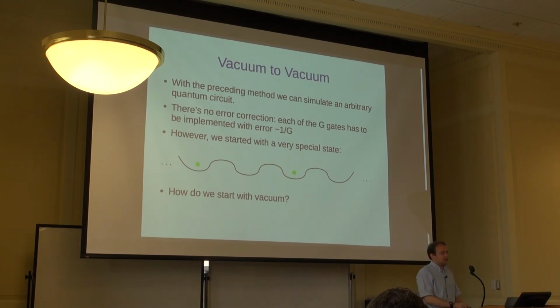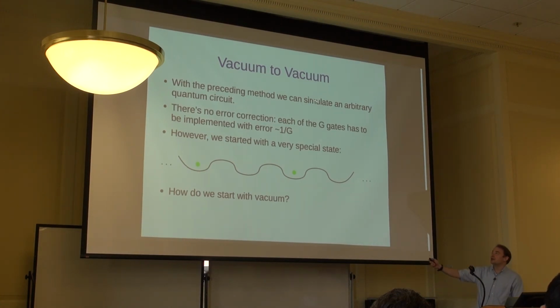We can achieve that using some quantitative adiabatic theorems, which tell us how much error we get as we slow down the implementation of these gates slower and slower. So that's how we achieve this error scaling. So the errors at the end add up to some epsilon, which is fixed and not growing with the number of gates. So that's a lot of the story, but it's not the whole thing, because recall what we really wanted